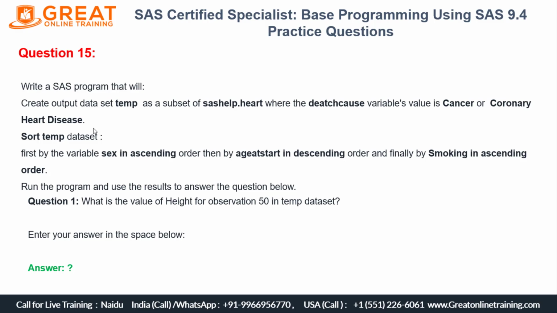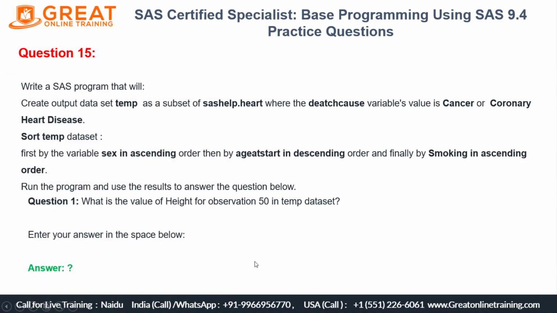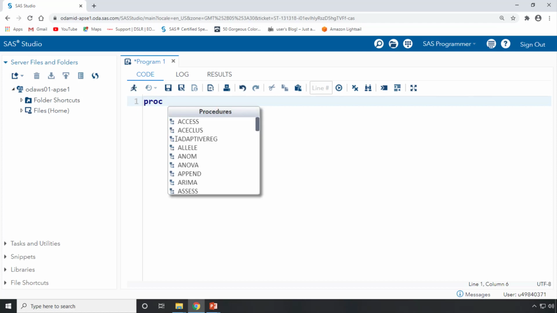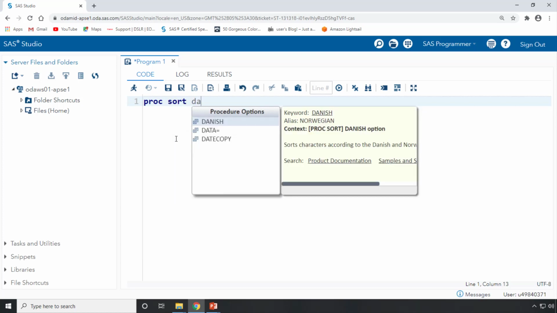For that, I'm opening my SAS Studio. According to the question, I'll go for creating a new data set. I'll directly write proc, it's a procedure, then sort data equal to.